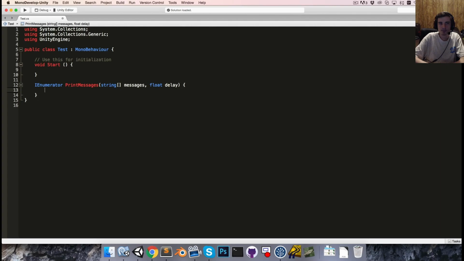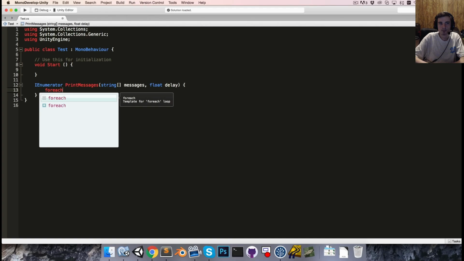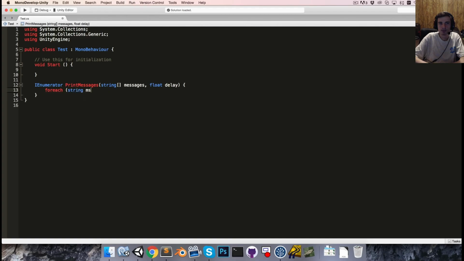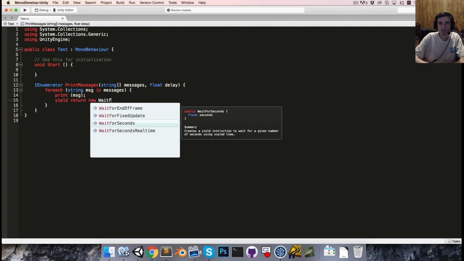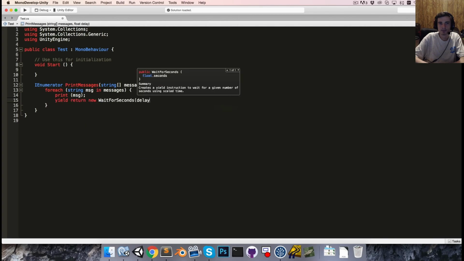Alright, we now want to loop through the messages array, getting the values one by one. So we saw how to do that last episode with a foreach loop. So we can say foreach string message in the messages array. Let's print out that message, and then let's yield. So yield return new WaitForSeconds, and we'll pass in the delay as the amount of time we want